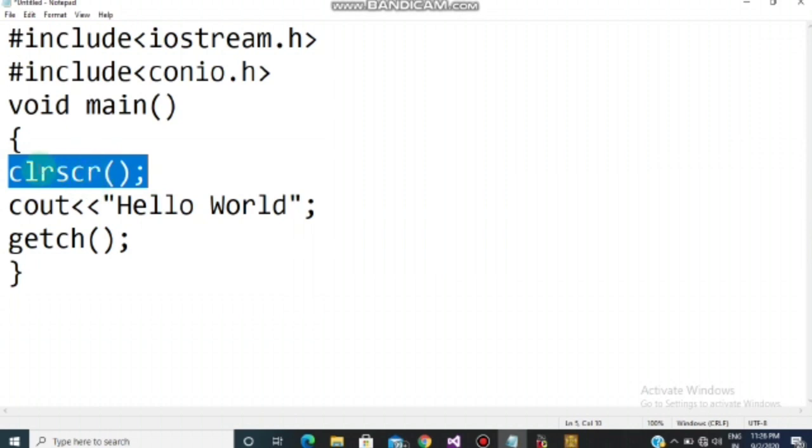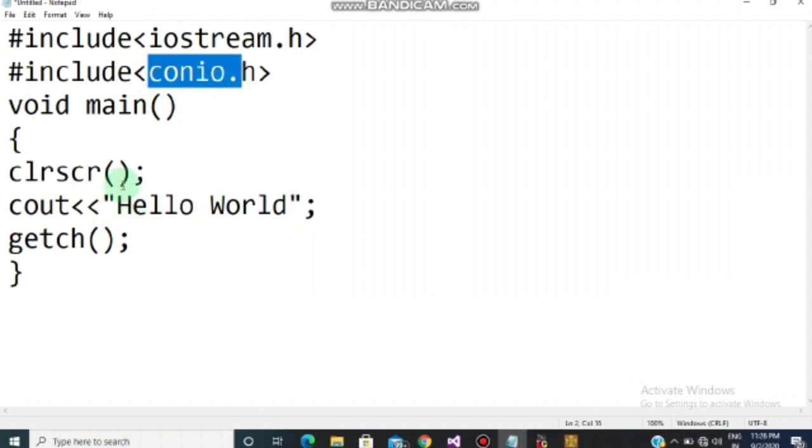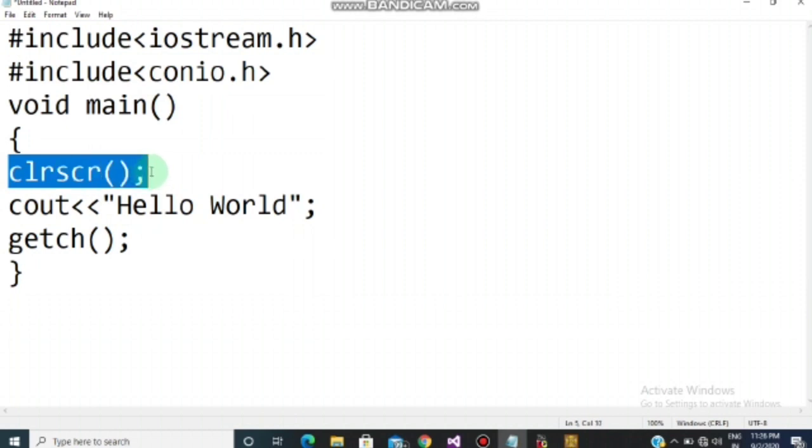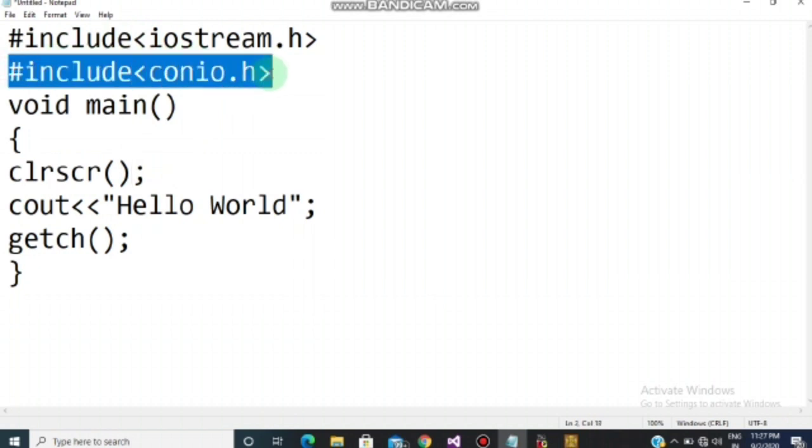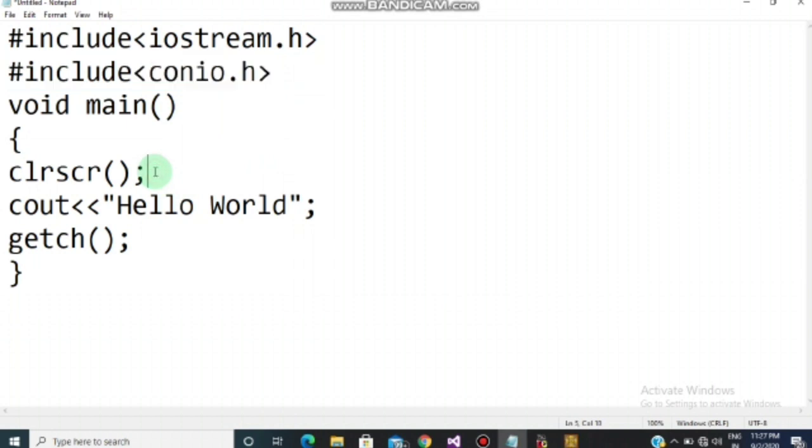The compiler doesn't know what this function does, so it looks for the header file where the commands related to this function are written. So that is why, to clear the screen, this command needs to be written, and to use this command we have to include the header file #include conio.h. I hope till this you are clear.